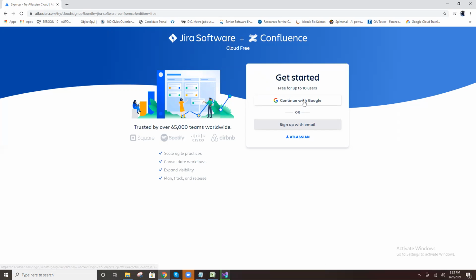You have a Google account, right? Click continue with Google now. Enter your username, password. It's loading.